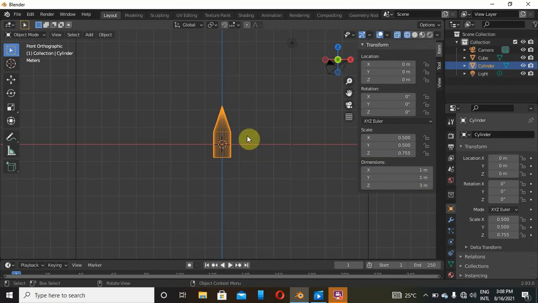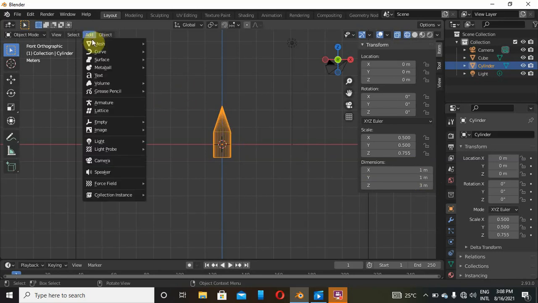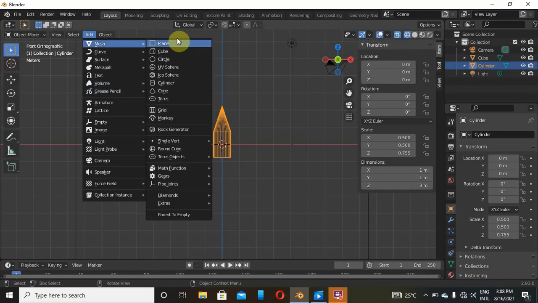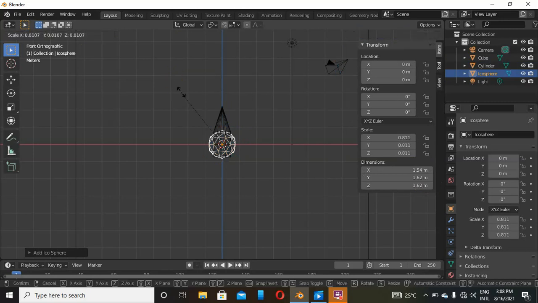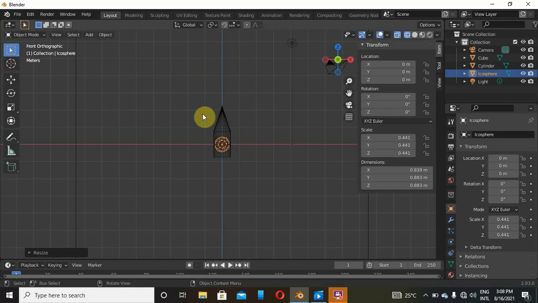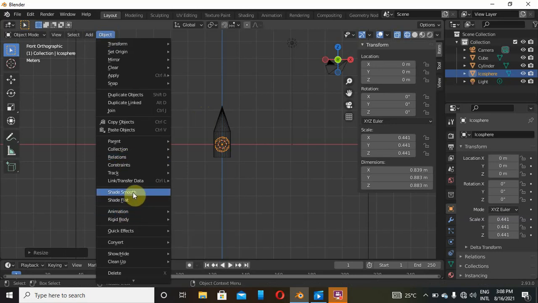So what we will do now, this is going to be our rocket, so let's add the flame. Yes, so go shift A, mesh, add an icosphere, like that. So click on S to scale the icosphere, make it just almost the size of the diameter of the rocket. So go again and go to object, shade smooth,